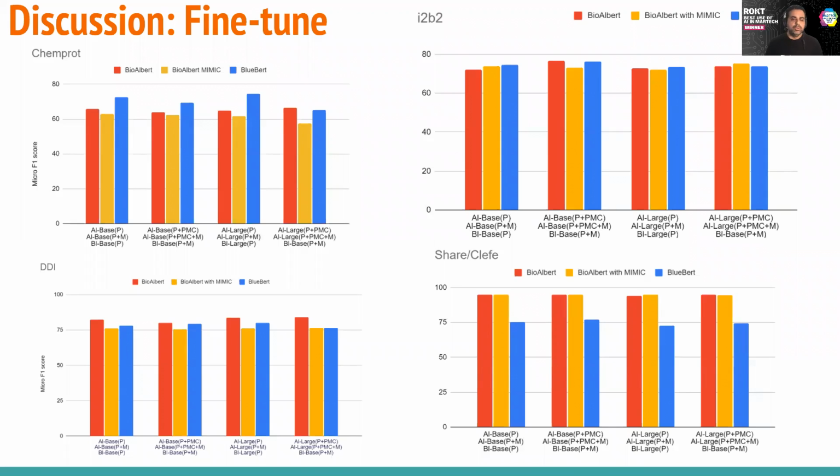In this section, we'll discuss our results. In the next 2 slides, we have presented our results for 4 different datasets, where the red color represents BioALBERT, yellow is BioALBERT with MIMIC, and blue is of course BLUE. Overall, we've achieved some great results for BioALBERT with MIMIC, as we have beaten some state-of-the-art models, specifically BLUE, on clinical datasets. However, the main trend that we can see here is that our MIMIC model has become very specialized and only performs well for clinical datasets.